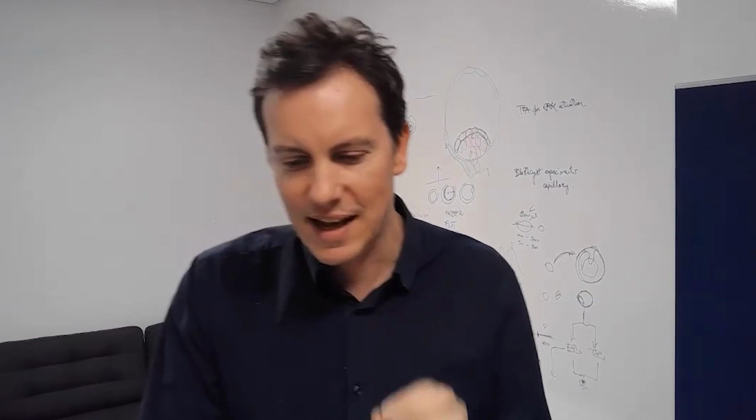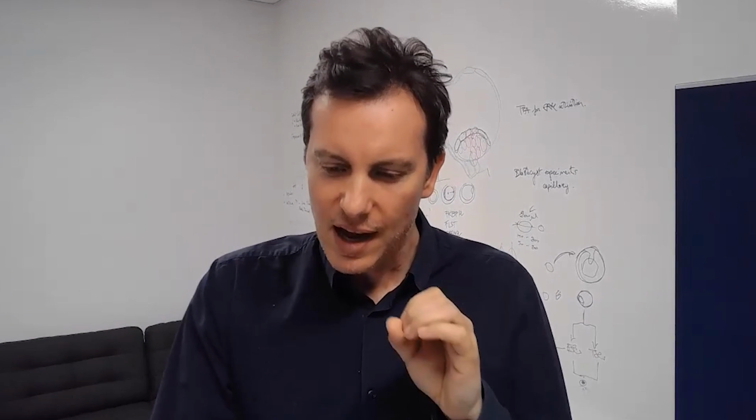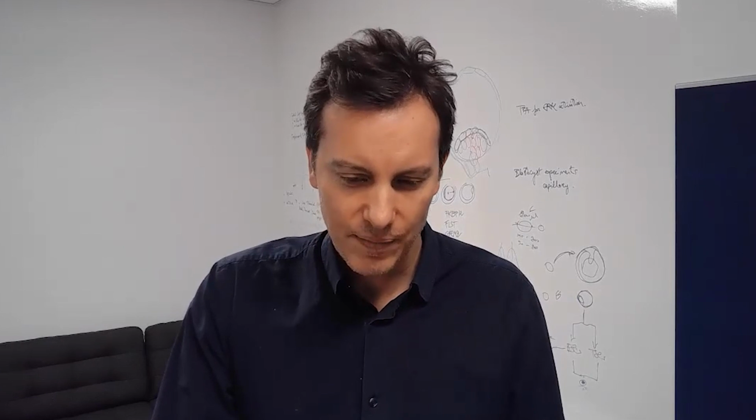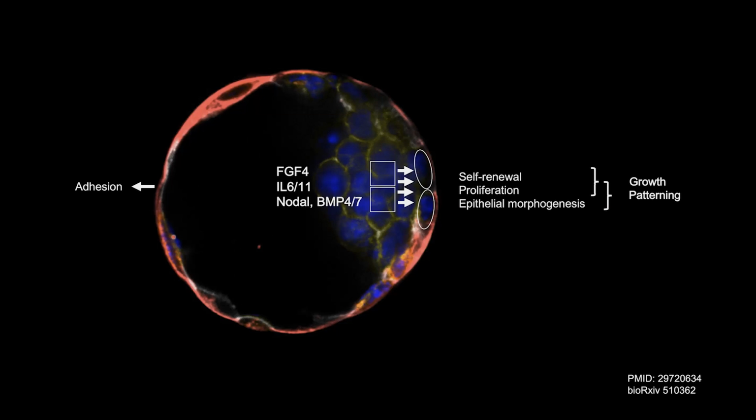And as a result of this distancing, these cells opposite of the cavity are rapidly differentiating, and they become sticky. And it is this stickiness that allows the blastocyst to attach to the uterus. So you see that the second function of patterning, that is the combination of proliferation and epithelial morphogenesis, is extremely important in order to form this other pool of cells that is going to play a very crucial role during the